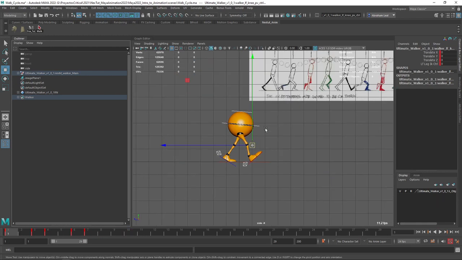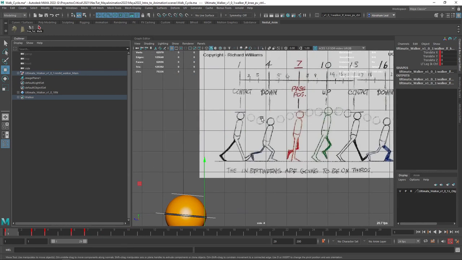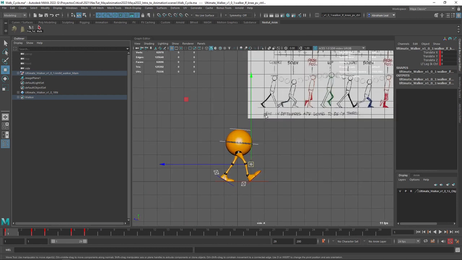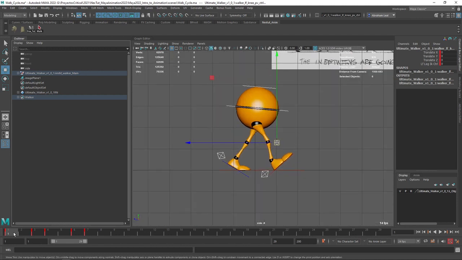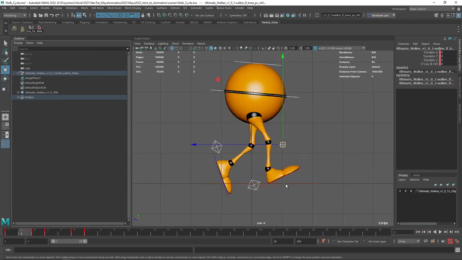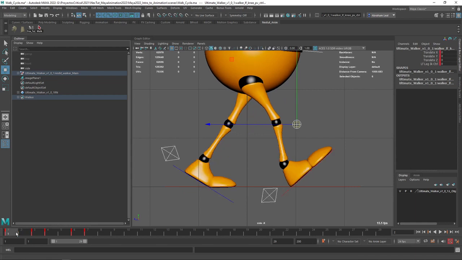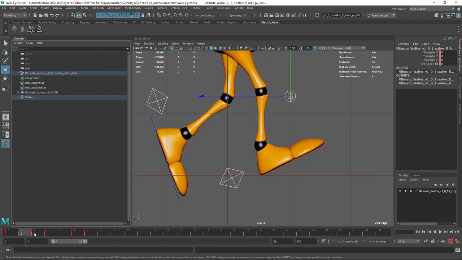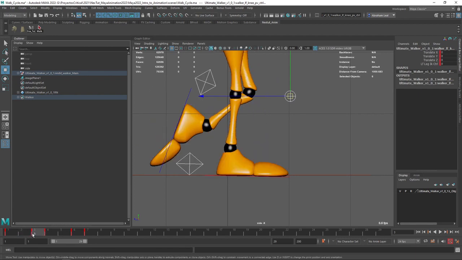And the next important part is the down position, which is our anticipation. Remember, we always need to have some sort of anticipation in our animations to make sure that people understand what's going to happen. So the cool thing about this is, since we already set up this guy and this guy, the anticipation is going to be really clean. See how the rig is already kind of telling us what he wants. So he wants to go down, because I can see that this guy right here is about to do this